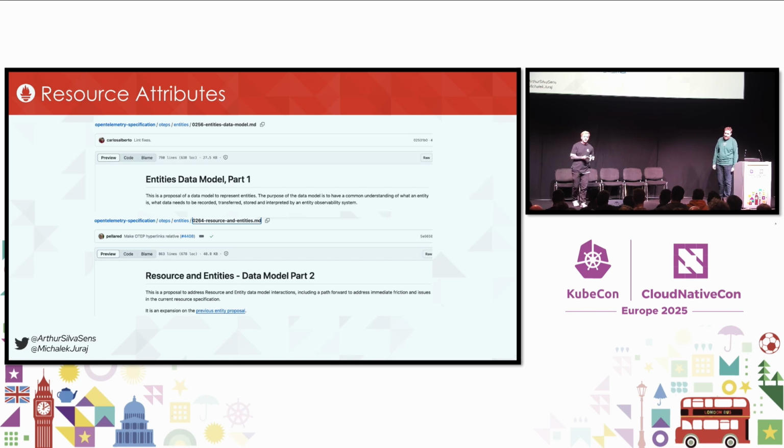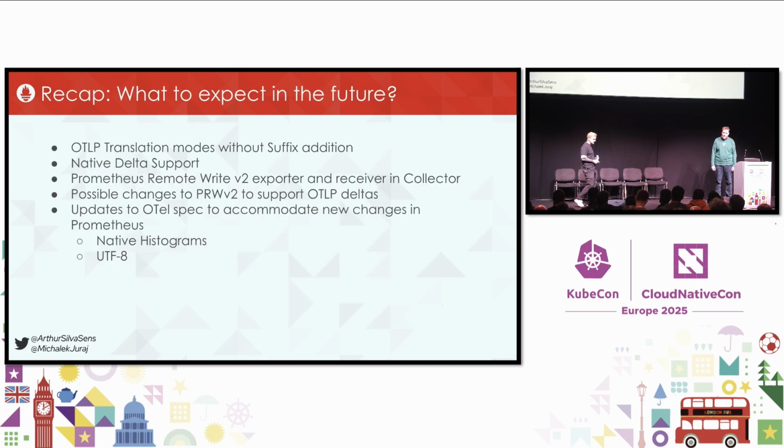With entities, we will be able to identify from those resource attributes which ones are supposed to be Kubernetes attributes, which ones are supposed to be container attributes, and we'll be able to have a better experience in Prometheus based on this information. So just to recap, things to look for in the future: